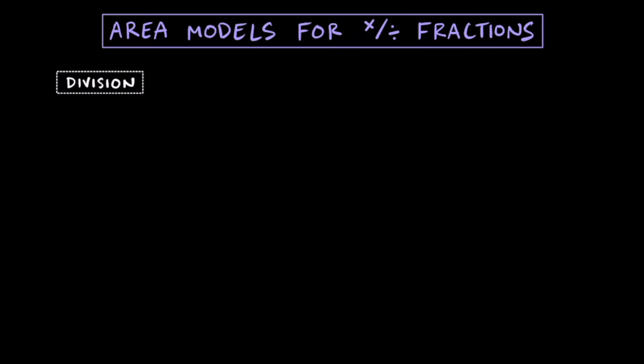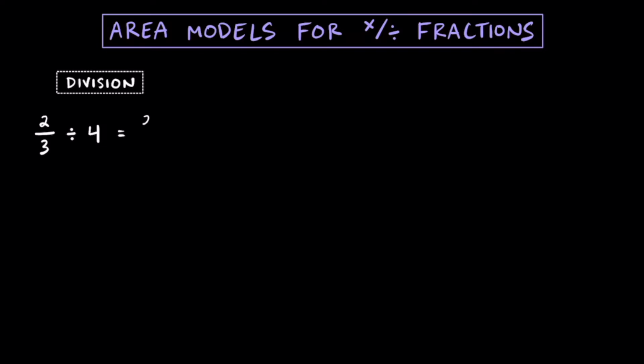Now let's go ahead and take a look at a division area model. Consider this example where we have 2/3 divided by 4, and not only do we want to find the quotient or the answer to it, but we also want to show a visual representation of what it means. So just to show you what the answer would be without using an area model first, we can go ahead